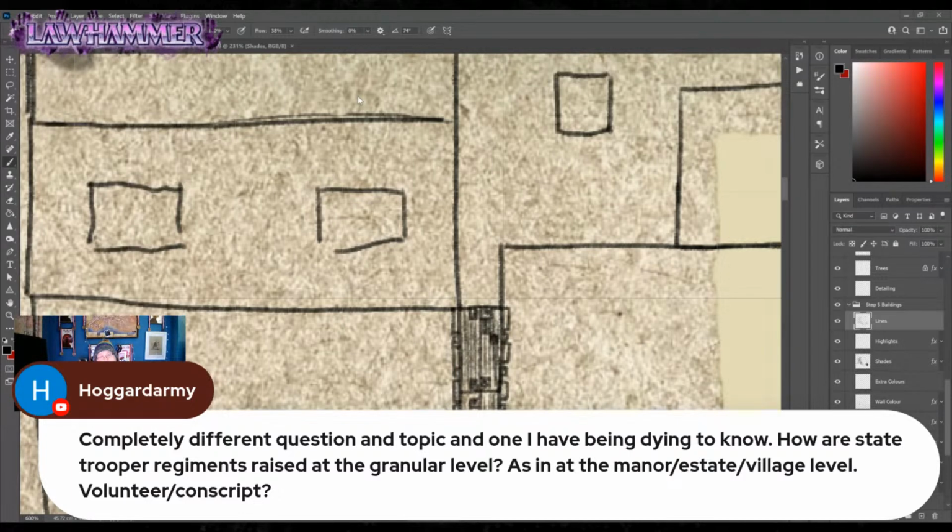And his state army system was implemented in different ways in different parts of the empire. So, to go through your questions, how are state trooper regiments raised at the granular level, as a manor, estate, village level, volunteer, or conscript? You come up with an answer, and there'll be a part of the empire that does it that way. So sadly, I can't give you a definitive answer, but that is very much how Warhammer is often presented, because